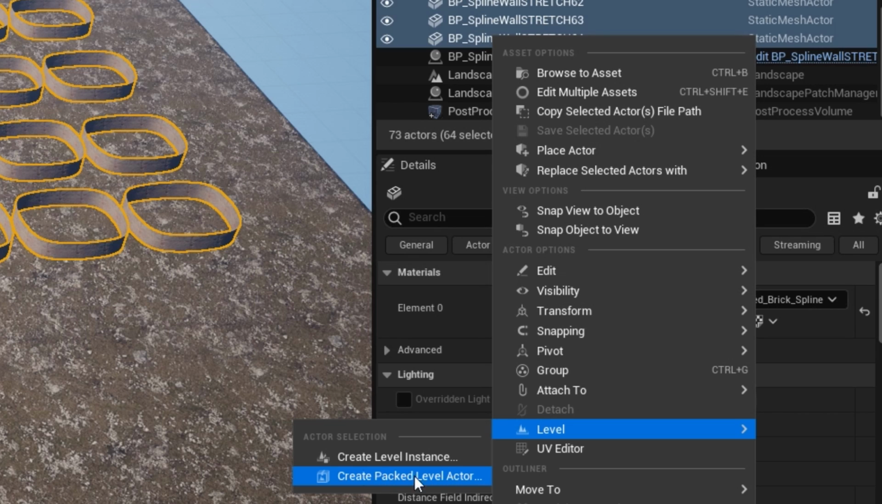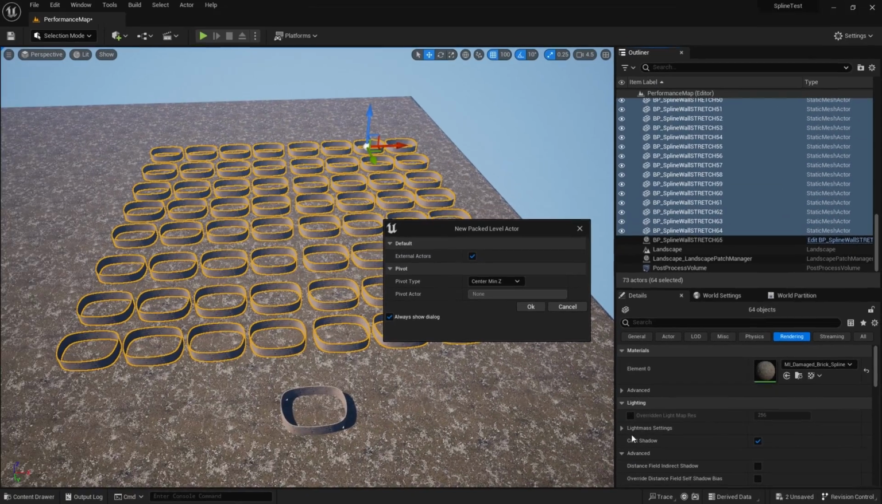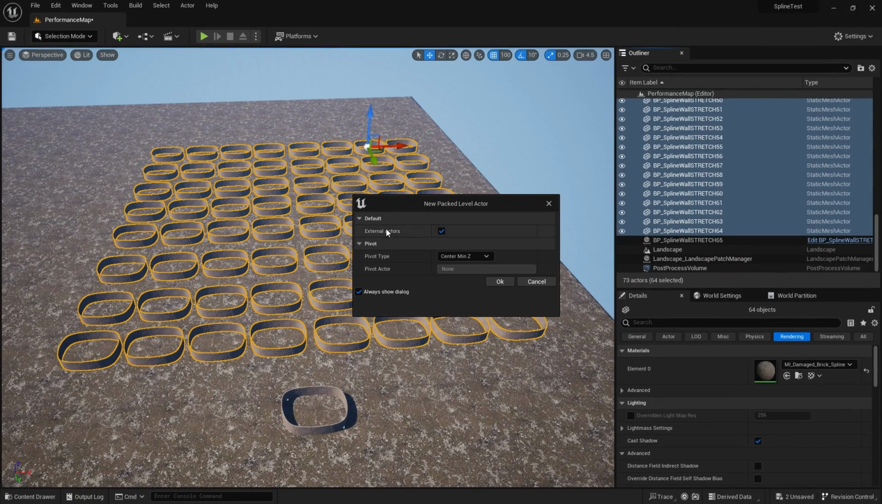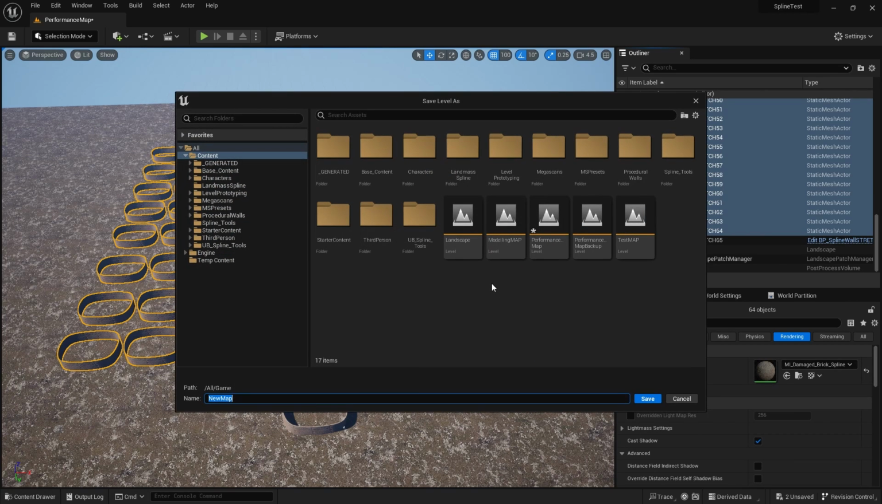But create packed level actor, which is a bit of a strange name really, all it does is it creates a level with all of the static meshes contained within it. So click on that, and the first thing it'll do is it'll come up with a dialog. You pretty much will always want to leave this as it is. External actors means there's going to be one file per mesh, and then the pivot type and the pivot actor you wouldn't normally change. So click OK on this, and it's going to ask you to save this as a map. So I'm going to call this a collection of rooms,